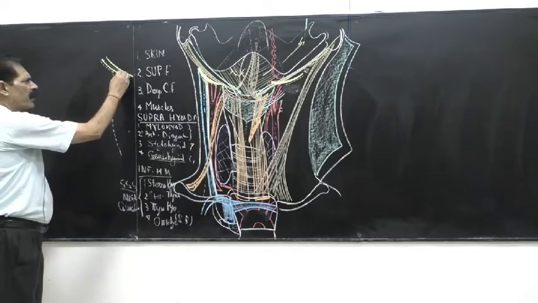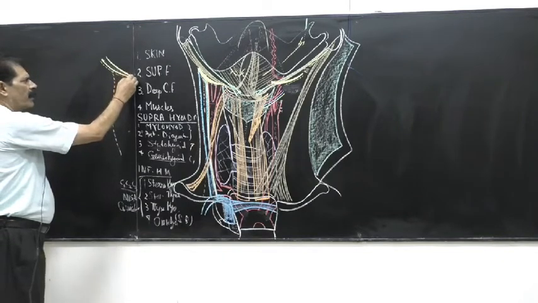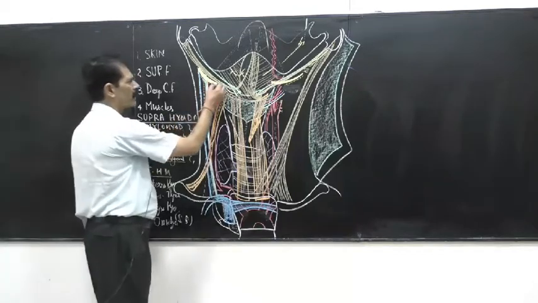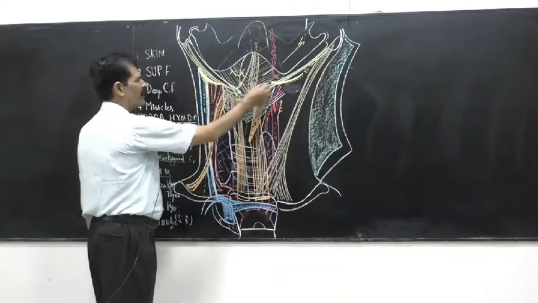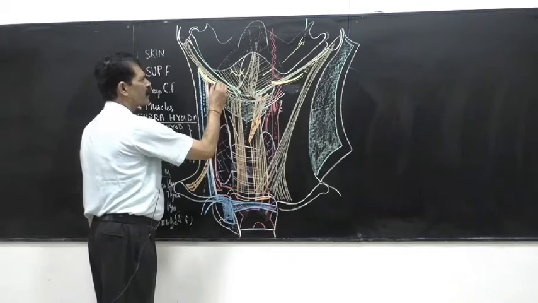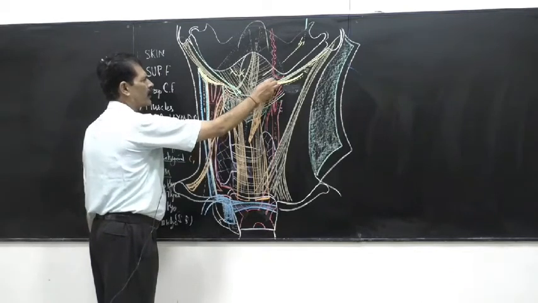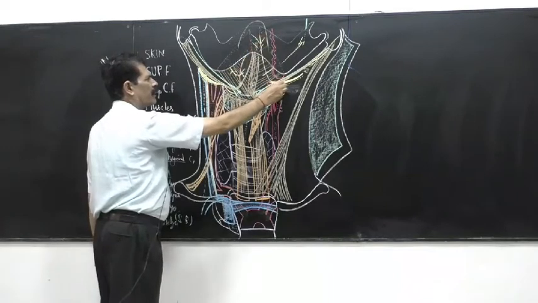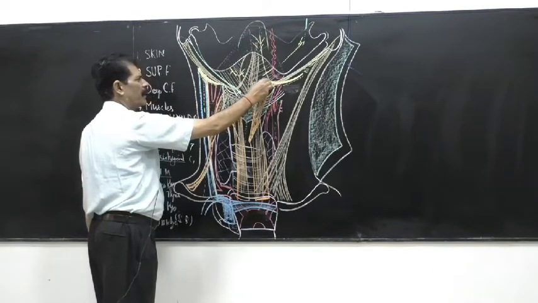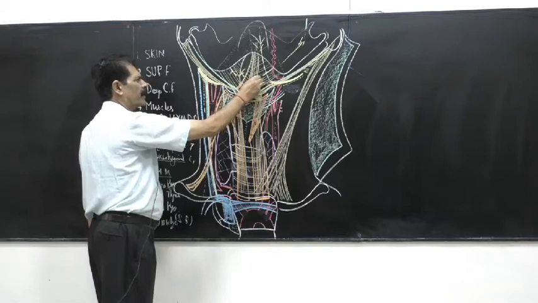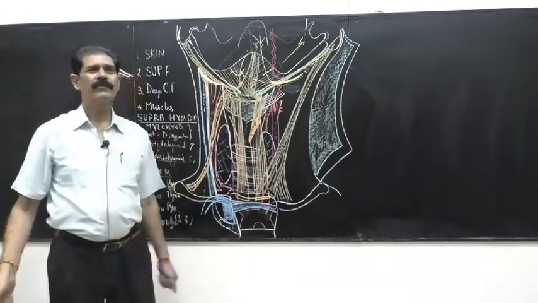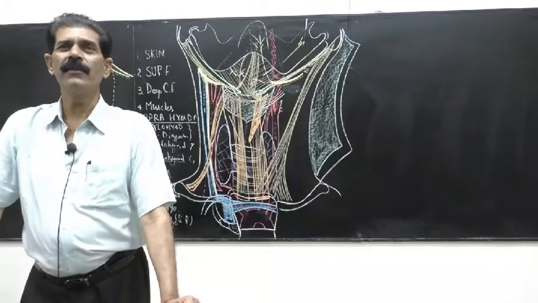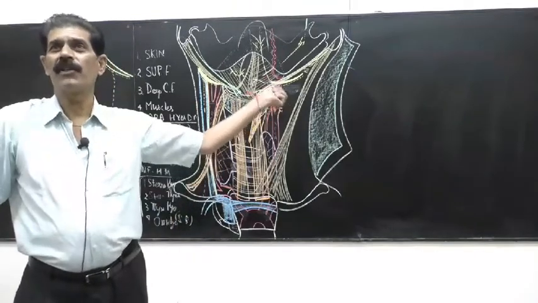But a few C1 fibers are very naughty. They don't come down. They say, we won't leave you, and go along with the hypoglossal. The hypoglossal goes towards the tongue to supply the muscles of the tongue. The C1 fibers again leave here and they supply the geniohyoid. The nerve supply of geniohyoid is C1. So this is how the C1 fibers reach it.